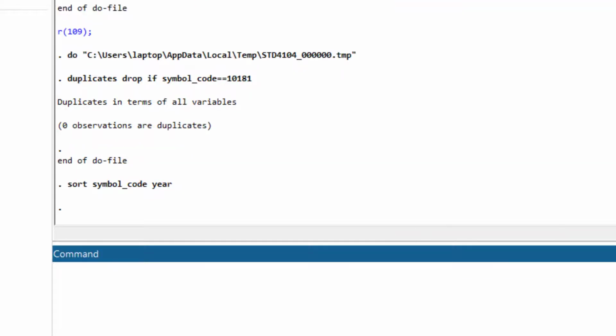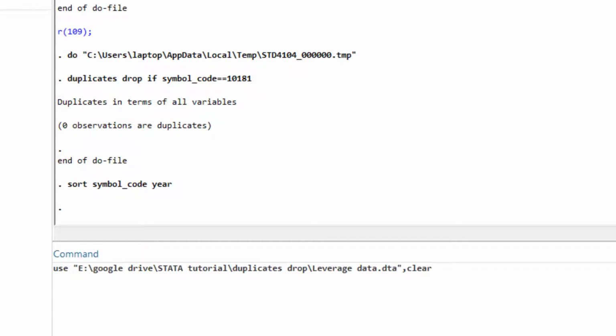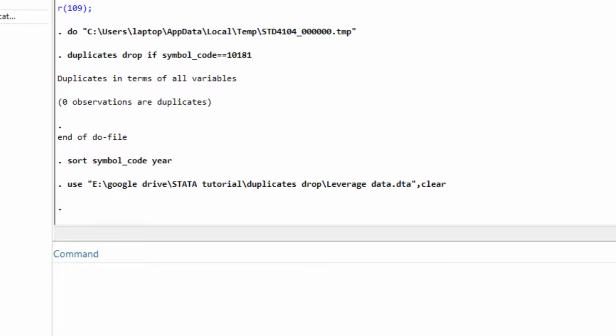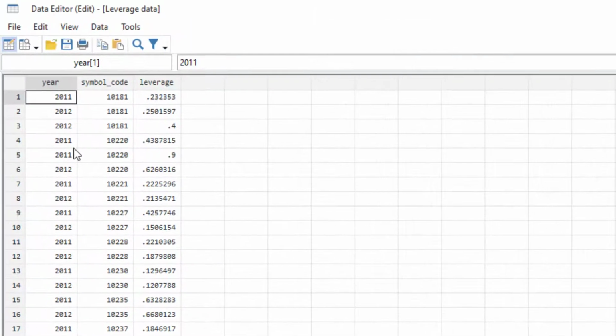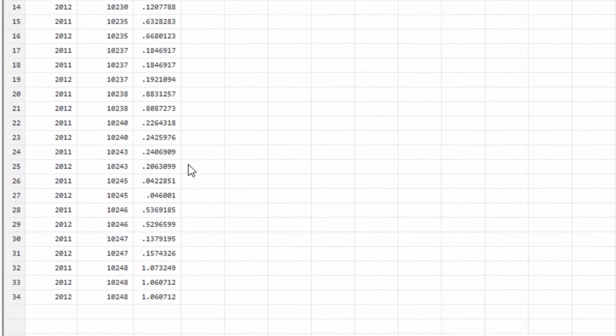Okay, let me just re-import the original data file. So we have the duplicate observations, and let me also sort them so we can check them out in the data window. Now in this case, let's just say I do not want to delete duplicate observations for this firm or for this one. I just want to delete duplicate observations for this specific firm,